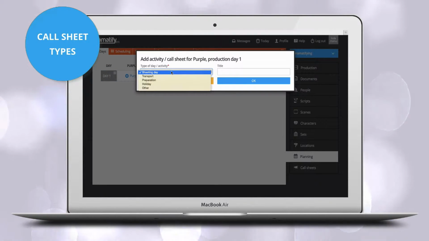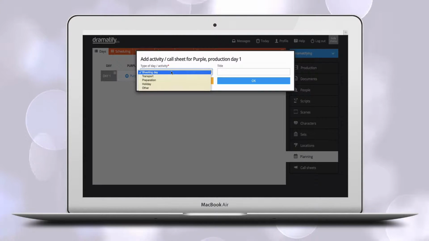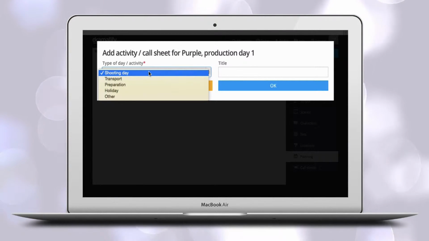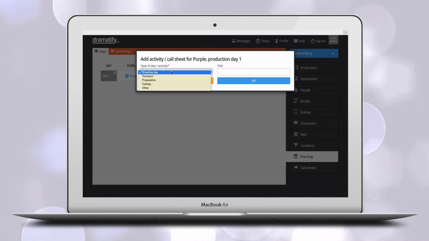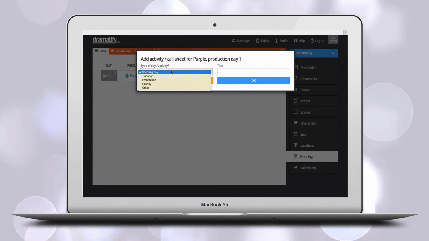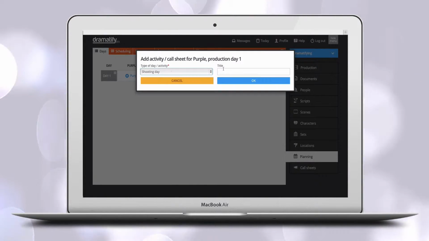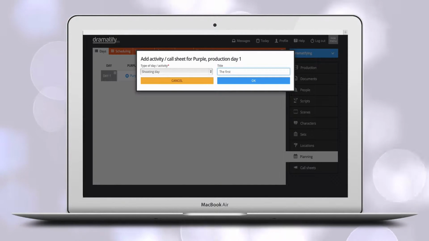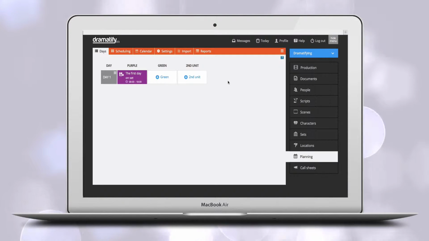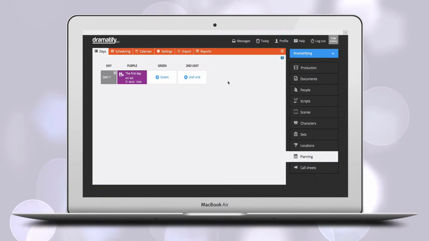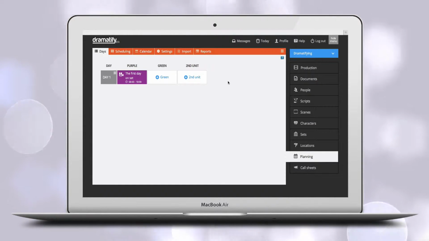Click on each team to assign what they should be doing that day: prepping, traveling or shooting. There are also the options of holiday and other if you need. This means that you can not only have call sheets for teams on shooting days, but also on any other kind of day you need. This makes it possible for you to create a team that only deals with scouting, prepping or set construction, for instance. They will get their own call sheet of when and where they should be and what they should be